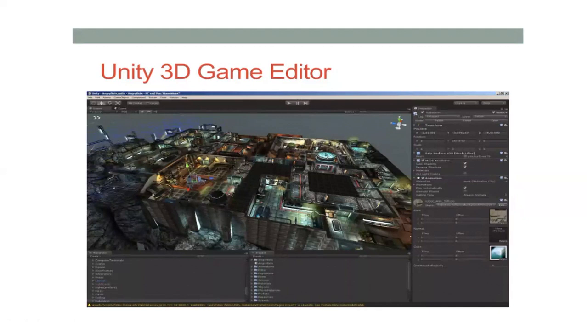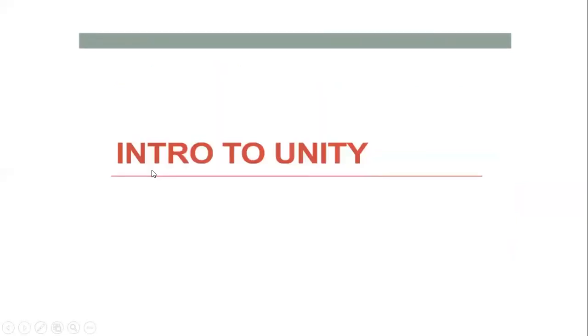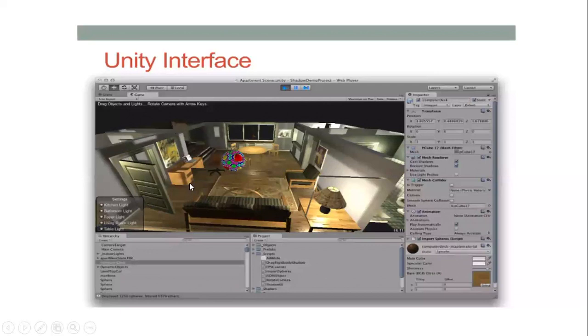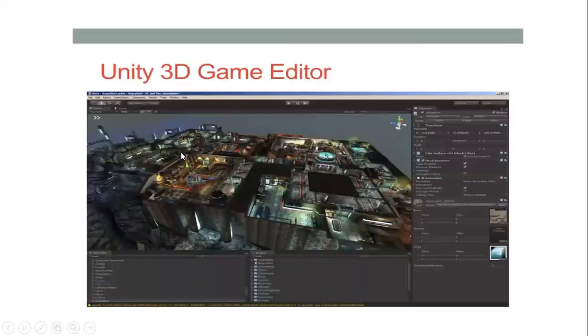But now I'm going to customize my interface page, because I don't want to start with the same page, since it takes time to go here and there. Like now, if you see, I was in the scene page. In the before picturization, I was in the game page. You can see it on the top: this is the game and this was the scene. If you are comfortable, you can work in the game page. If not, I would request you to keep scene on the top and game below. I'll show you that screen as well.